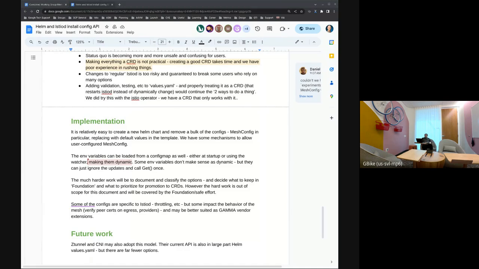So if you want to change something, or if you want to have something that controls the behavior of Istio, it needs to go through an API review, and it needs to be properly part of the cluster, not something that some CI/CD system is doing, and you cannot introspect at runtime, you cannot see at runtime. Even if it's not changeable, even if it's read-only, it's still useful to be able to see the values and to have proper documentation and